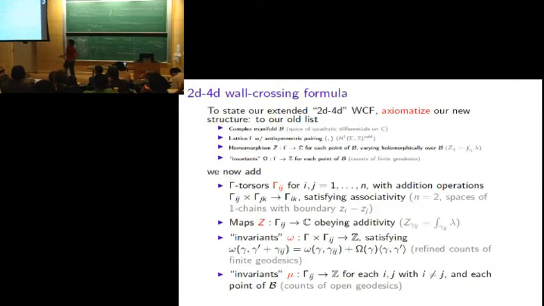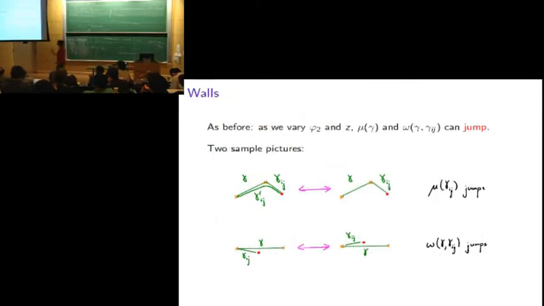Now I want to tell you our 2D-4D wall crossing formula, our generalization of the Kontsevich-Soibelman formula. In the general context of this formula, i and j would be allowed to run from 1 to n. There's a general formula where i and j run from 1 to n, and a realization of that general formula which is almost like this thing, except with an n-sheeted cover. We'll come to that in a few slides.